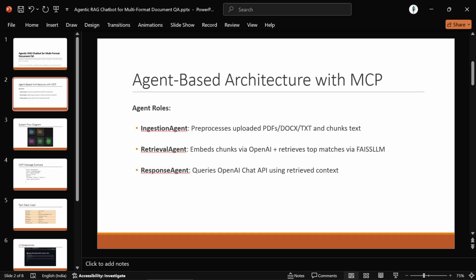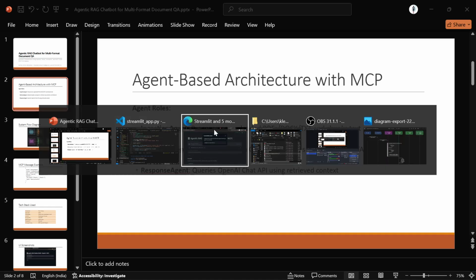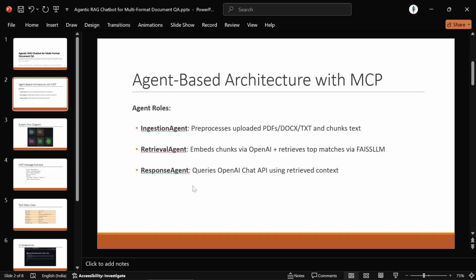pre-processes the document by parsing it, and it also supports multiple formats using libraries like, okay, we'll go through the code later. And it also chunks it into semantically meaningful blocks. The retrieval agent generates the OpenAI embeddings for the chunks and performs a semantic search using the FAISS vector database, and it also selects the top K chunks which are most relevant to the user query. And then there is the LLM response agent